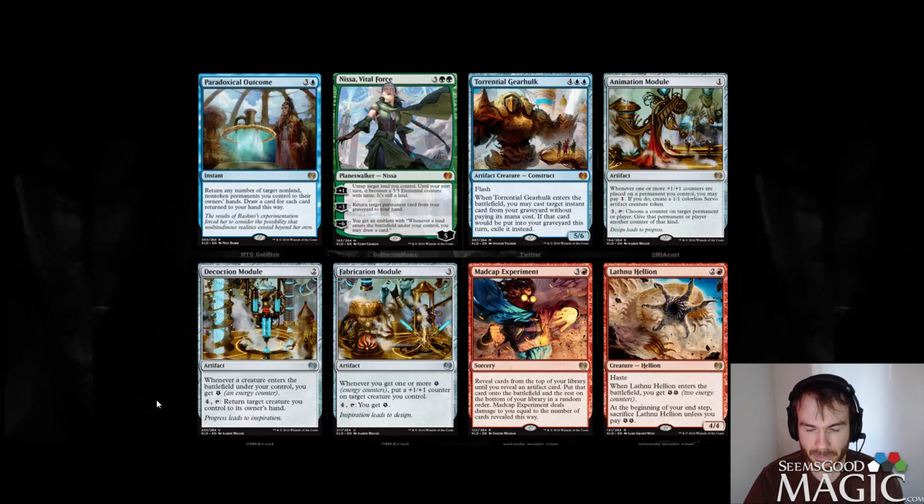3 in a red sorcery. Rare. Reveal cards from the top of your library until you reveal an artifact card. Put that card onto the battlefield and the rest on the bottom of your library in a random order. Madcap Experiment deals damage to you equal to the number of cards revealed this way. So it's a polymorph effect for an artifact card with the downside of you must...